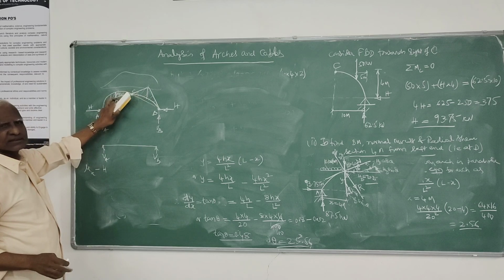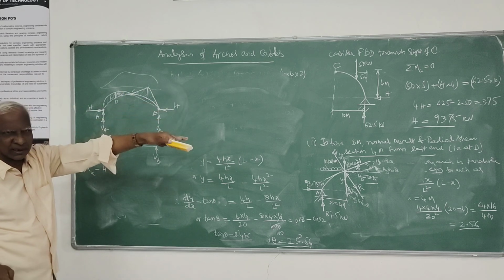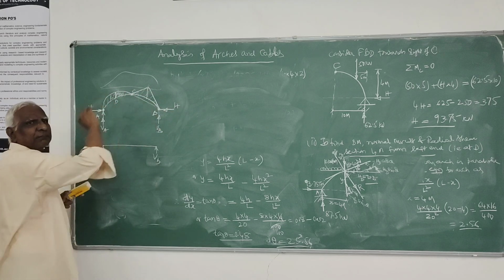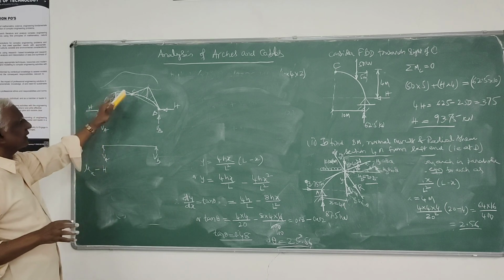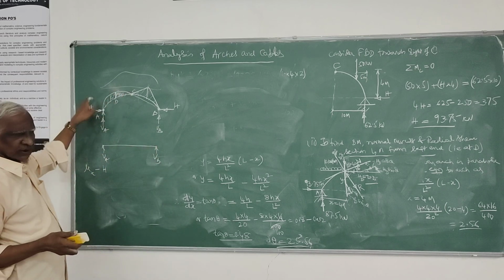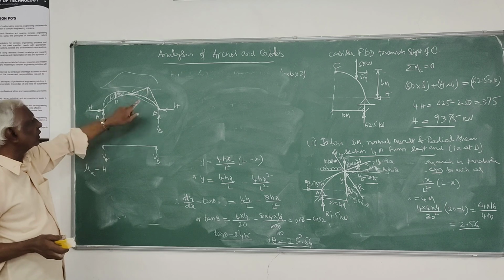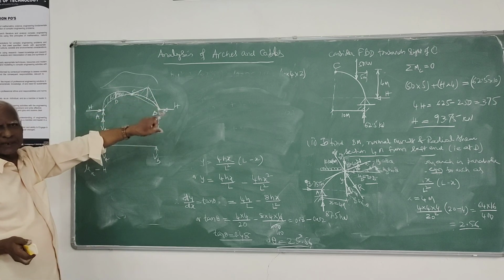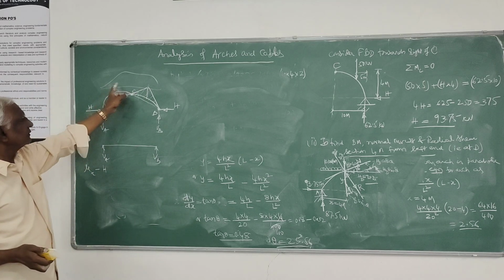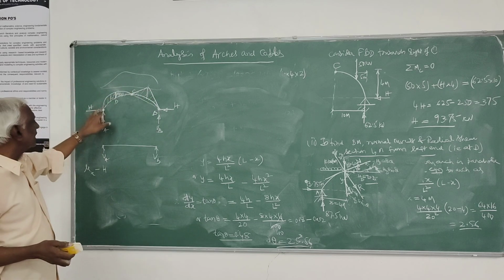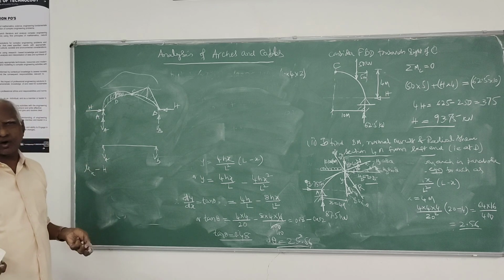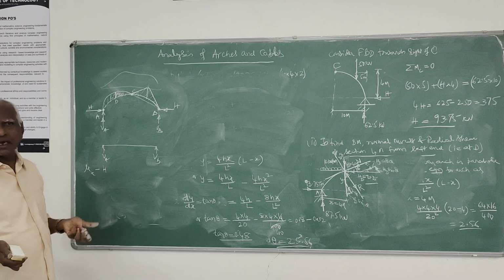So this is negative, this is positive. If you had a load on this side, if this side also is UDL only, then it is parabolic. Otherwise, this is the simple way of showing the bending moment diagram. For this example, this is UDL and it's a concentrated load. Under that load, you have to find out the bending moment. So that's the procedure. If both are fully UDL, then it will be like this and like that, fully positive. This is the procedure for drawing the bending moment diagram in the arch.